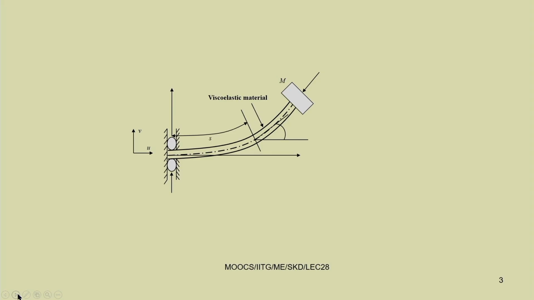For example, we may study 3 different types of beams: one with an elastic beam, second one with a viscoelastic beam, and third one with an electro or ferromagnetic beam. These are 3 different types of materials we will take. Also we will study some structures, for example, this base excited structure, where the beam can be in horizontal position or the beam can be in vertical position.